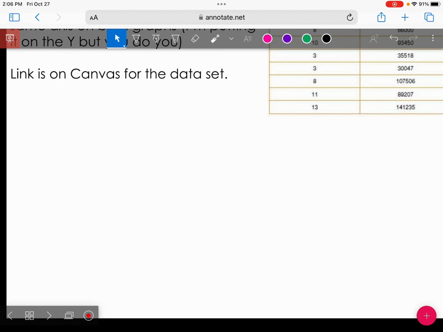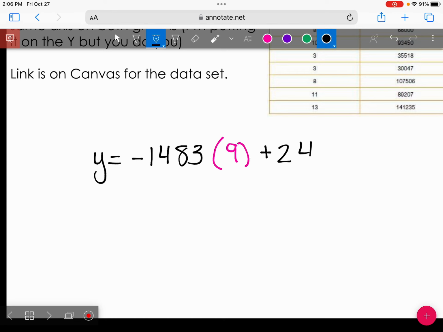So what we're going to do to calculate how much she should sell her car for, we're going to say my price is what I don't know, equals negative 1483, and we're going to substitute in the age that we do know for her car, which was 9, plus 24259. And we're going to calculate it,